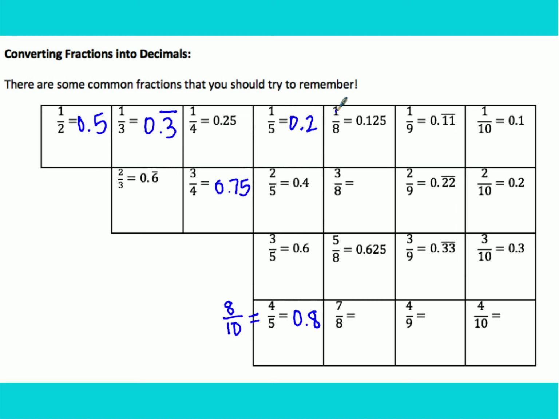Moving on to the eighths, 1/8 is 0.125 or 125 thousandths. To go from 1/8 to 3/8, if you can at least remember 1/8, all we have to do is multiply this number by 3. When we do that, we get 0.375. Now I didn't put 2/8 here because 2/8 would be simplified to 1/4, and we already had that as 0.25 or 25 hundredths. For 5/8 we have 0.625 or 625 thousandths, and then for 7/8 we have